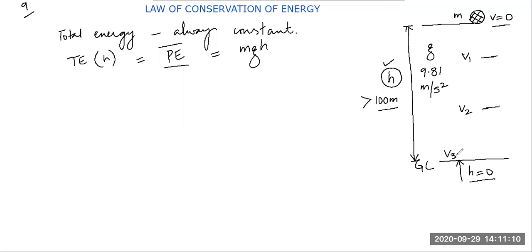Maybe at this height it is v1, at this height it is v2, and then v3. Actually in reality, students, when there is rain, these are the clouds, and a small drop of water starts coming down, when it is in the clouds its velocity is 0. Then it accelerates, the velocity further increases, and after some time the velocity becomes constant. It's known as terminal velocity. This is the actual situation. It doesn't always keep on increasing till it touches the ground. At some point the velocity becomes terminal velocity.